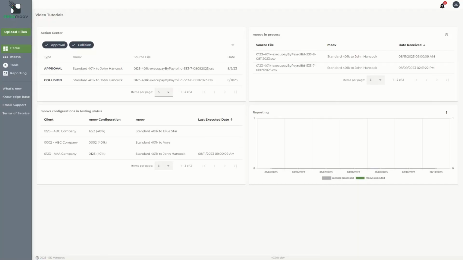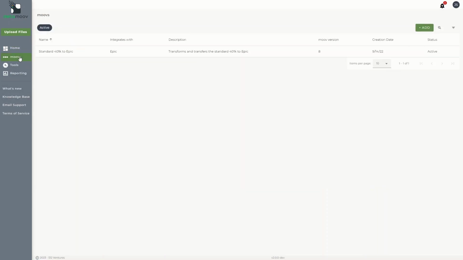In this video, we will describe how to configure your client for the standard 401k to Epic moov definition. Before you configure a client to send retirement data to Epic, make sure you have adopted the standard 401k to Epic moov definition to your account. A link on how to adopt a moov is included in the article for this video. To configure your client, click on the Moves option on the left here, and click the standard 401k to Epic